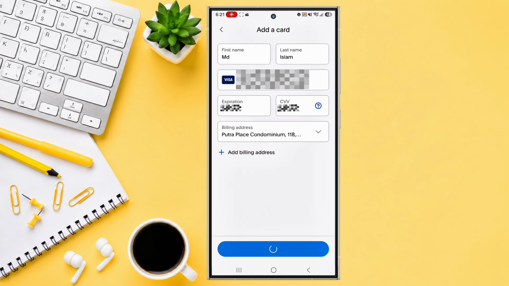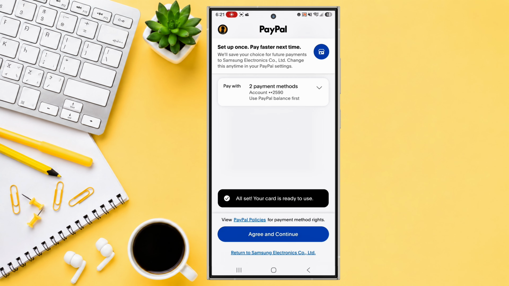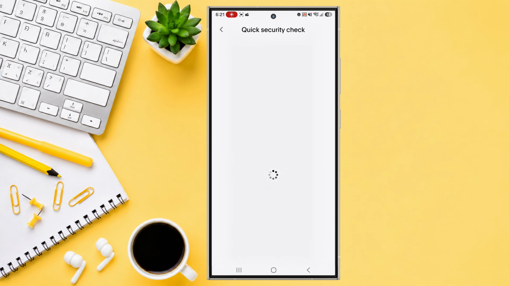Keep in mind that PayPal support may vary by country or region. If you don't see the PayPal option yet, make sure your phone is updated and check again later, as Samsung is rolling out the feature gradually. And that's it. Your Samsung account is now linked to